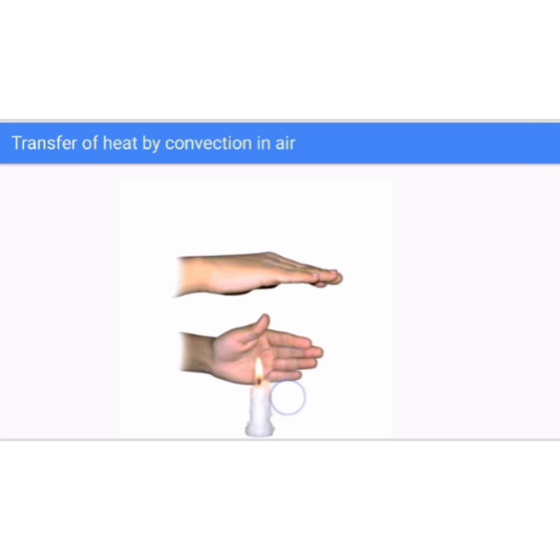Notice that towards the top, the air gets heated by convection. Therefore, the hand above the flame feels hot. On the sides, there is no convection and the air does not feel as hot as at the top. So, the hand above the handle, that is on the top of the handle, feels hot.